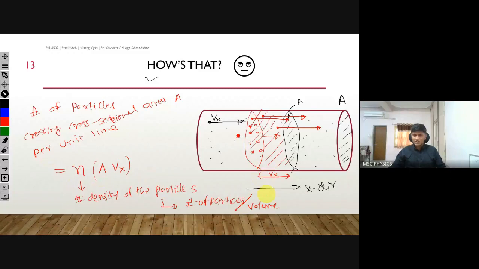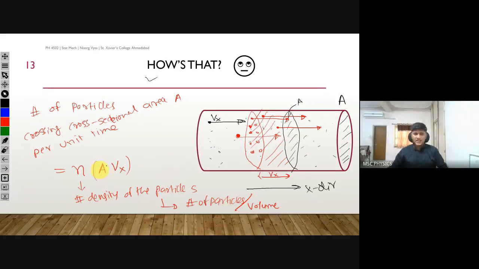Are we all clear on this? If you have any doubts in this, just ask me. Otherwise, I'll be using this in the proof that we have. Yes, anybody has any doubts? We're waiting for 5 seconds.